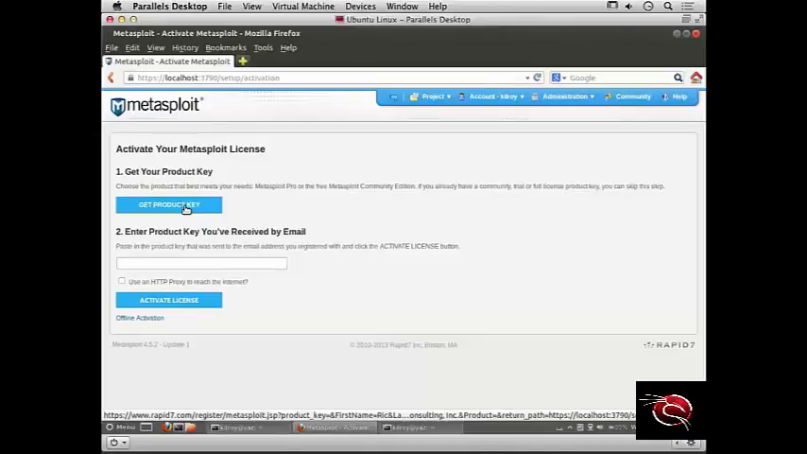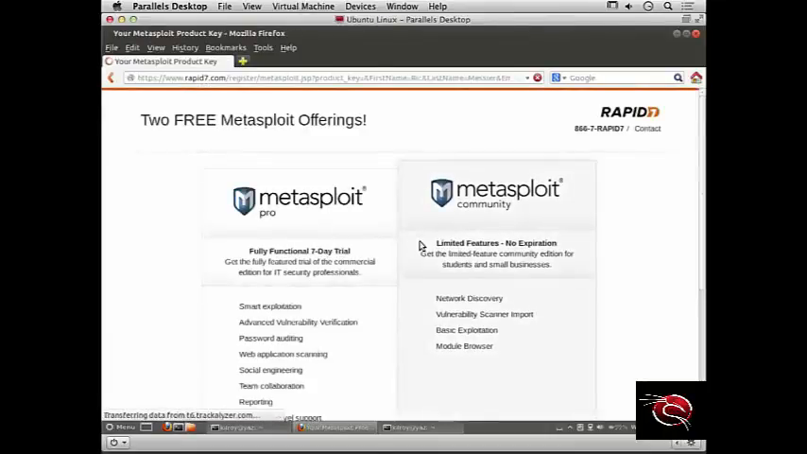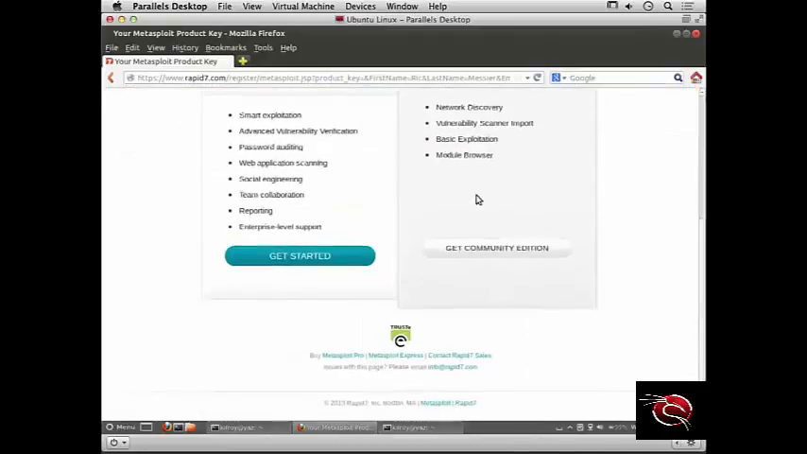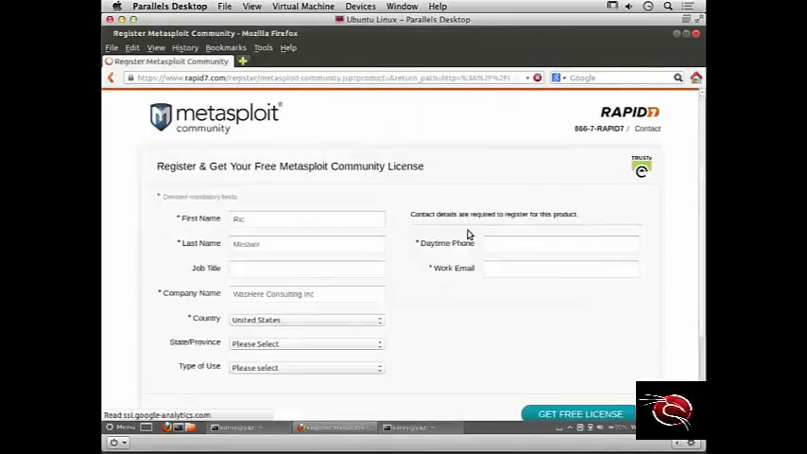So at this point, I could go get a product key, and it's going to send me off to Rapid7, where it's going to ask me which one I want to use. I'm going to get the Community Edition, which is the free version. And so it's filled in some information for me. I am going to